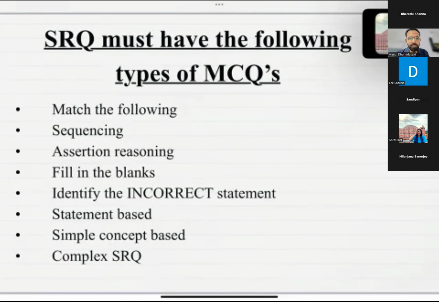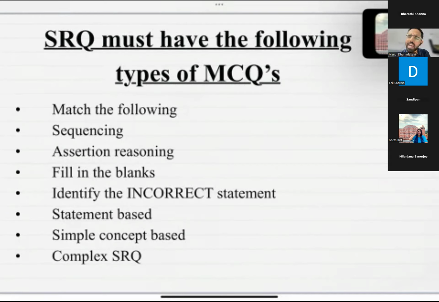So match the following question should be of 1 mark, or there should be only 1 question. That is more than enough. In the sequencing category, only 1 question is more than enough, because it takes a lot of time for the student to identify each and every category and to match the categories with the answers. It does not take only one or 2 minutes. It takes sometimes 5 minutes of the student when we talk about the process of selection or staffing, which includes 8 steps. So it takes time to identify which one is exactly the right one. So one question is more than sufficient in this category.